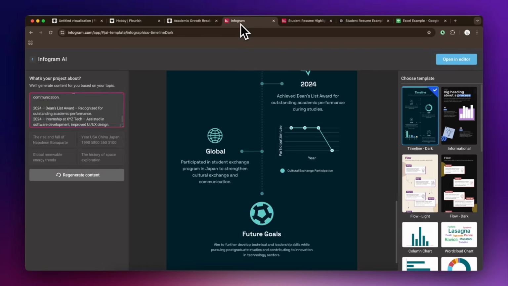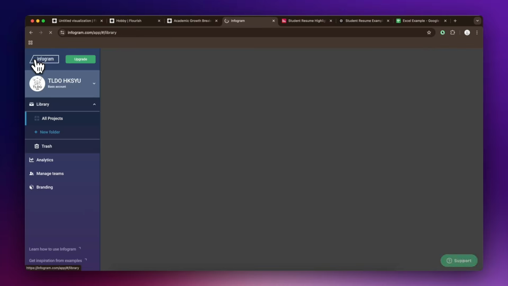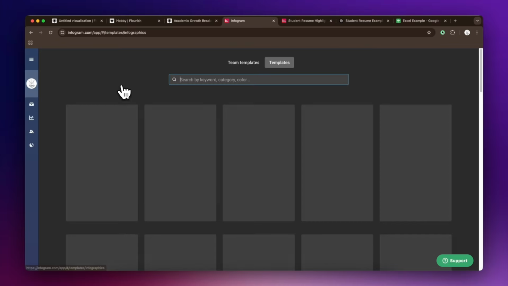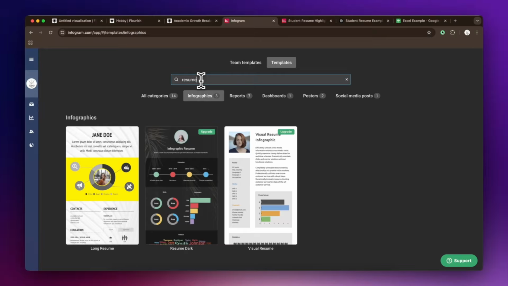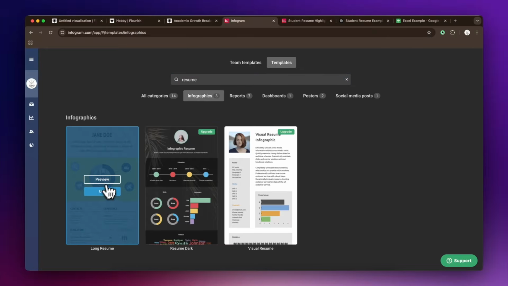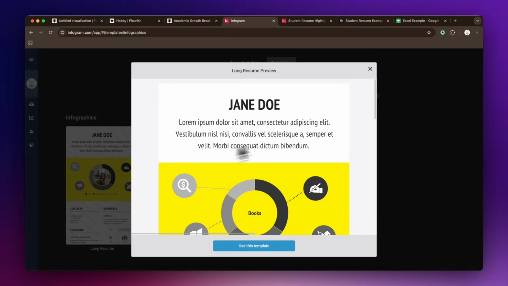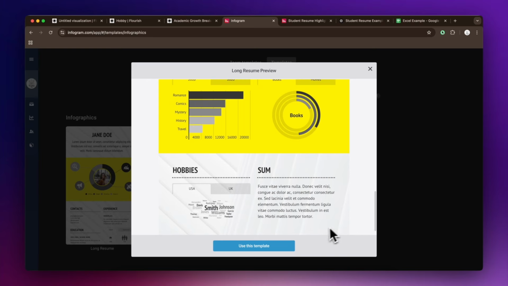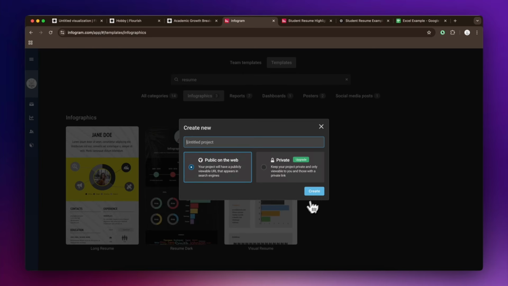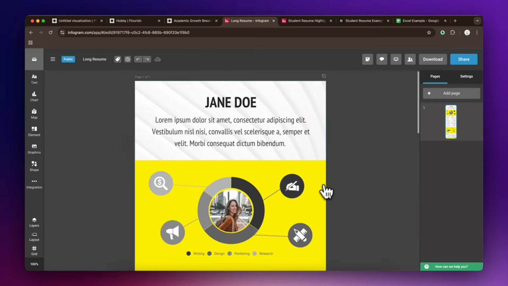Now I want to create a second template. So I go back to the library, create a new template in Project tab, and type Resume in the search bar. You can preview the suggested outcome. This infographic looks clean and solid. It includes an introduction, icons, strengths, contact details, and even some motion graphics. I use this template and start editing.